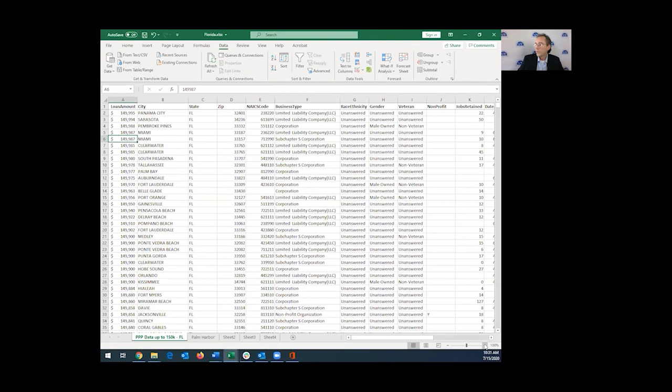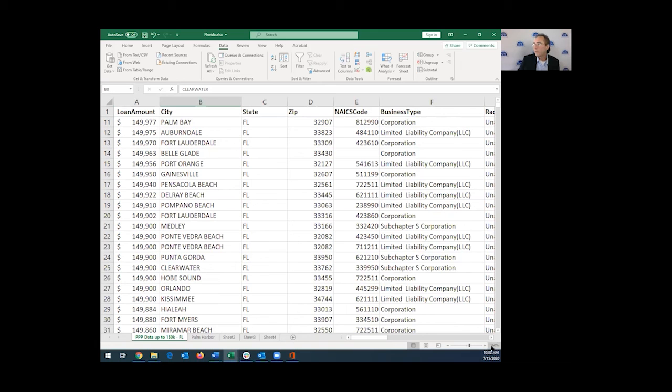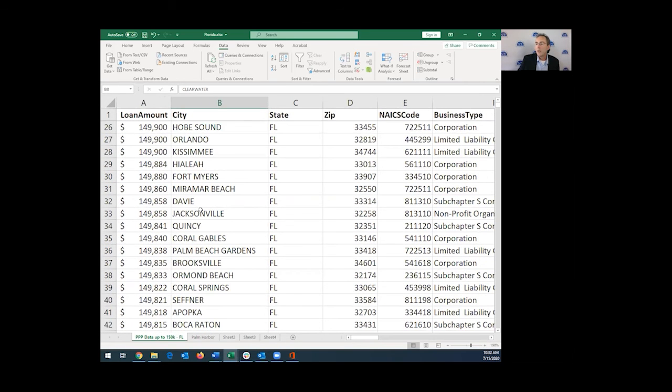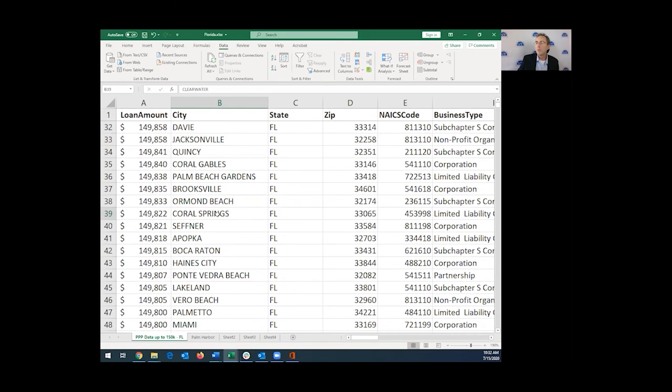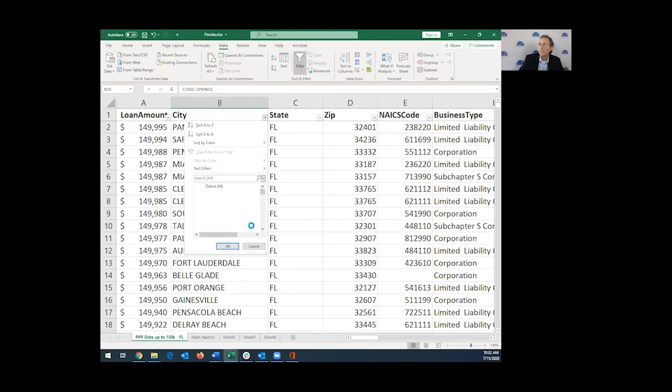So let's just look at the Florida data. If you're a reporter in Florida and you want to find all the records in Coral Springs, I want to do a filter. It allows me to just show the cases from Coral Springs. I go up to Data, then I click on Filter, and then you can see it puts these little down arrows right next to each field name. And if I click on that,